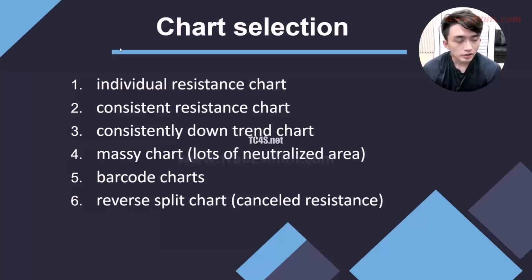All right, let's go into chart selection. This is really important. This will be the third step after you do the basic scanning, which will be 20% above in the pre-market, volume over 100K, and a minimum stock price of $2. And after you get the tickers, you want to go ahead and check out the market cap and the float